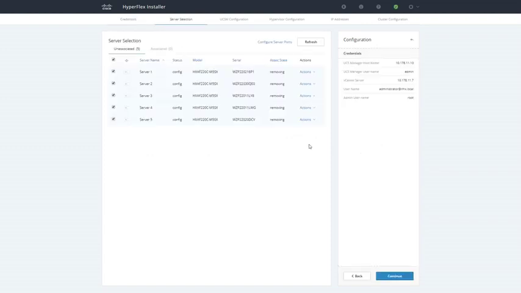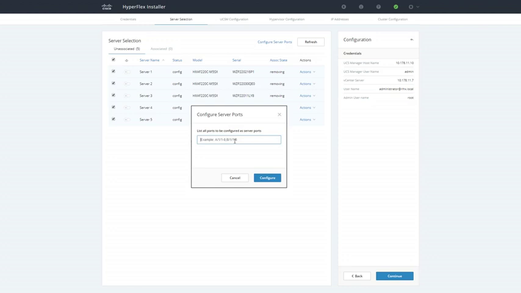In the next step, you can see the list of unassociated servers. If any servers would already exist in the UCS domain, they would be listed under Associated Servers tab. To define the server ports, we could run the UCS Manager here, or just provide the port numbers where we